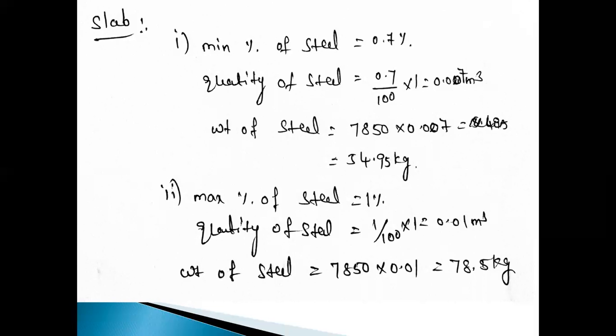So this is per 1 cubic meter. We calculated the quantity for the buildings. Suppose in slab 10 cubic meters, then weight multiply 54.95 kgs into 10. It comes to 549.5 kgs for 10 cubic meters. That is for 1 cubic meter. Similarly, we calculate for the number of buildings. This is the process.